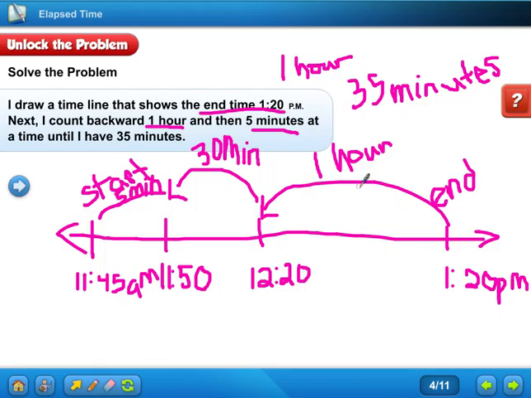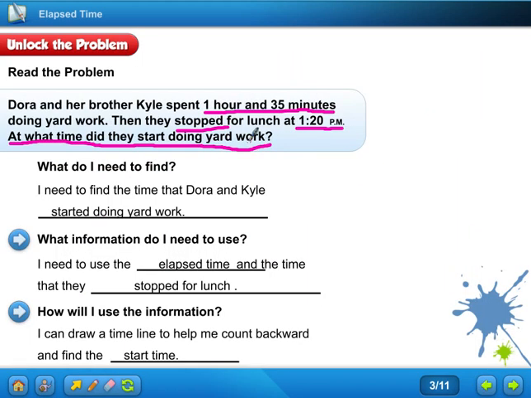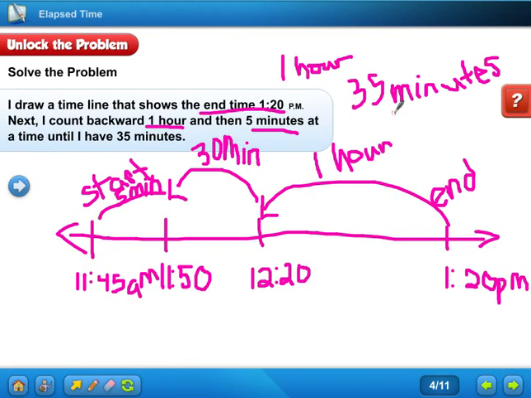So let's look what I did. I went and I did 1 hour and 35 minutes. I got that from the question right here, 1 hour, 35 minutes. So I jumped an hour, and then I jumped 30 minutes, and then I jumped 5 minutes. So when I jumped an hour, I went to 12:20. When I jumped 30 minutes, I went to 11:50. When I jumped 5 minutes, I went